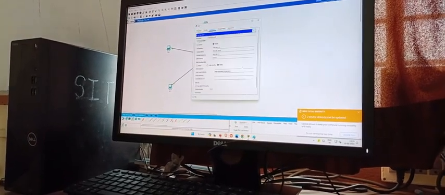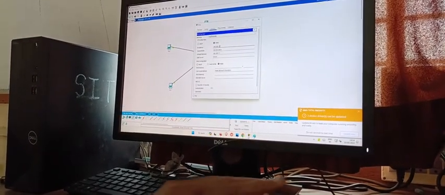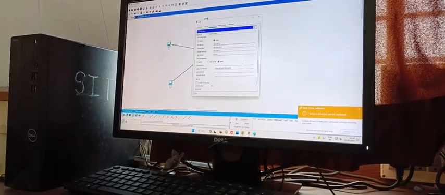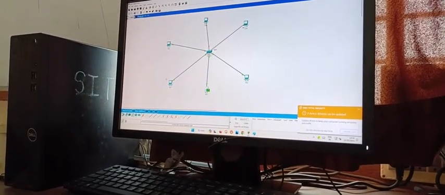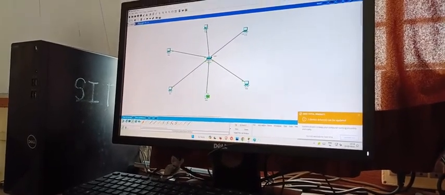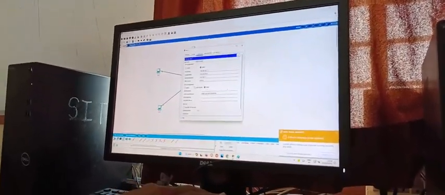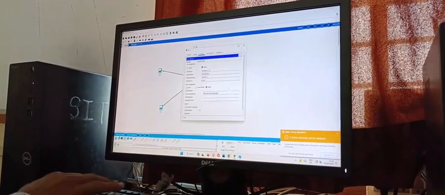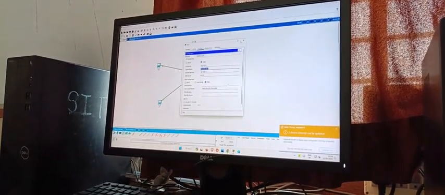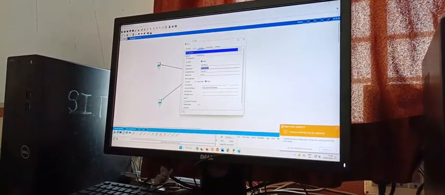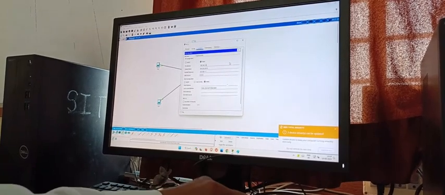So here you have to change that IP. So it is now 7, and you have to save it, right? If I enter 7 here, then it says that it is already used. That message will show that it is already used.